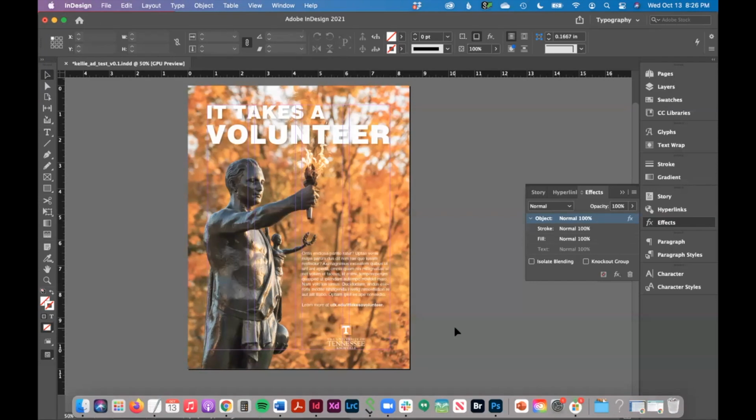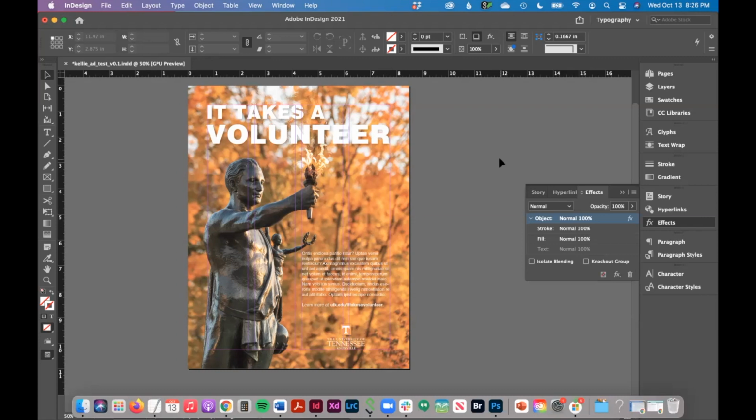The more I'm looking at this, I really do like this photo. The text is hard to read. This is going to be a problem if someone actually needs to read my message. There's a couple things I can do. I can either change the photo, and that might be the first thing I try. And then I might just play with my layout and see if there's just some other design options that would